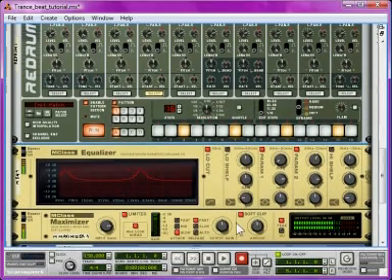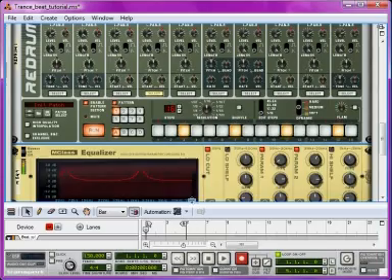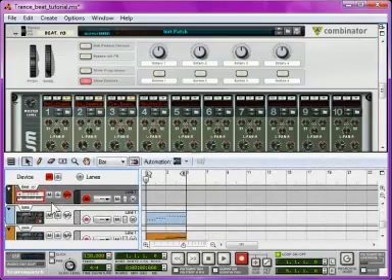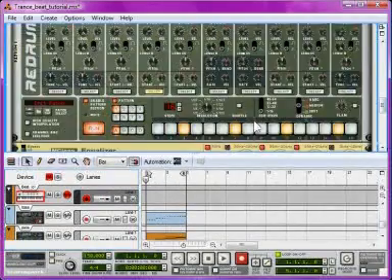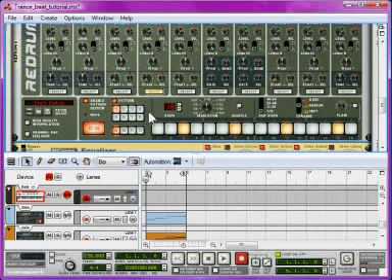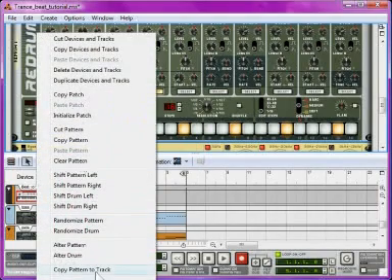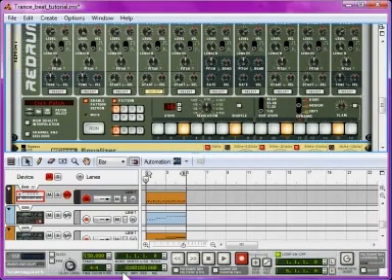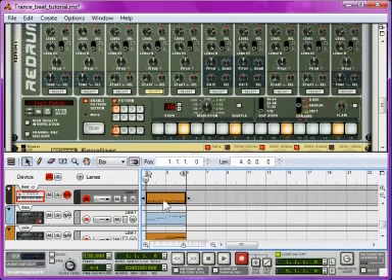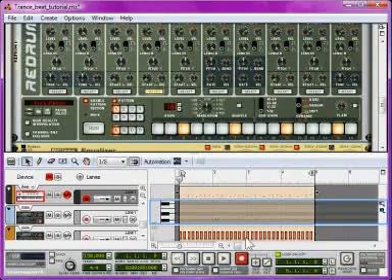Now, down here you've got the tracks, and we want the drum loop from this sequencer that we programmed in to be down here in the track panel. So, we're going to right click and go, copy pattern to track. Now down here you see we've just got the track that's been copied,